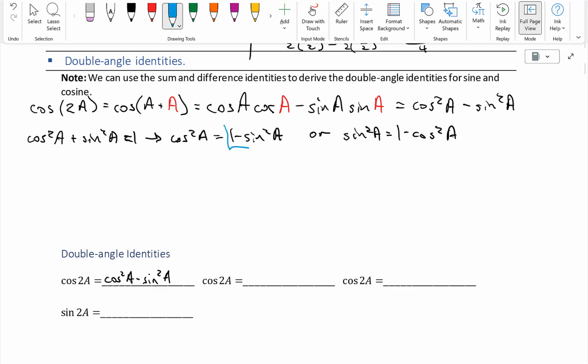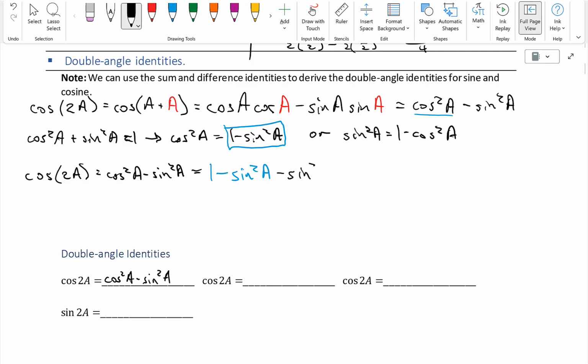I'm going to substitute 1 minus sine squared a in for cosine squared a first. And so we have that cosine of 2a is equal to cosine squared a minus sine squared a. But if we're subbing in for cosine squared, we get a 1 minus sine squared a minus sine squared a. I have 2 sine squared a's, so this becomes a 1 minus 2 sine squared a. So we can put that for another identity here. 1 minus 2 sine squared a. And we can do the same thing with the other